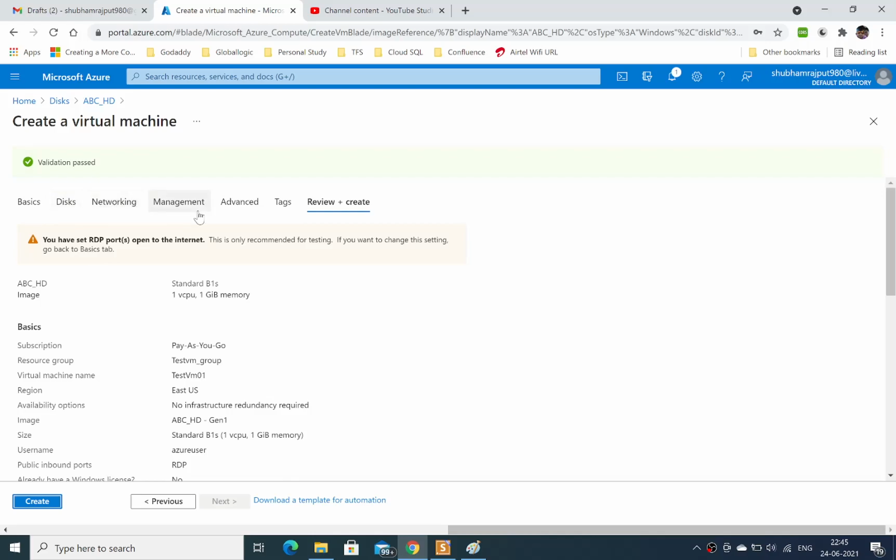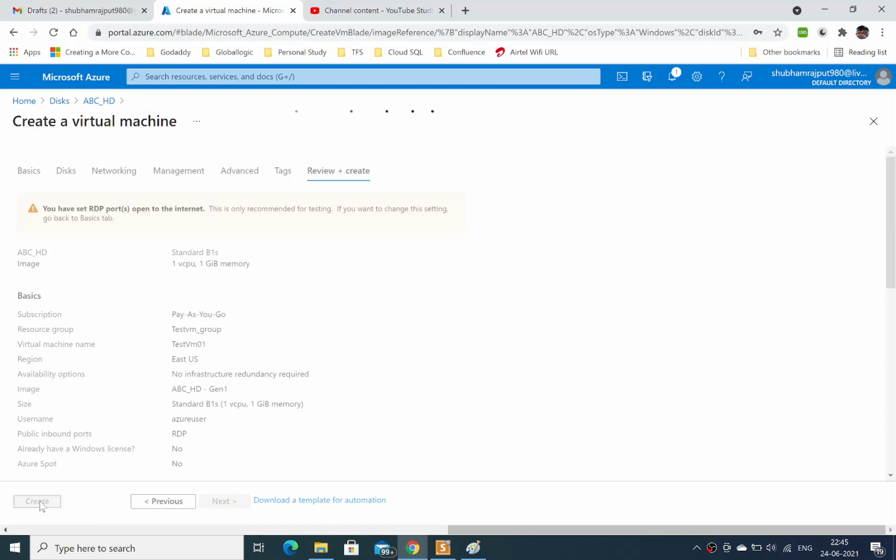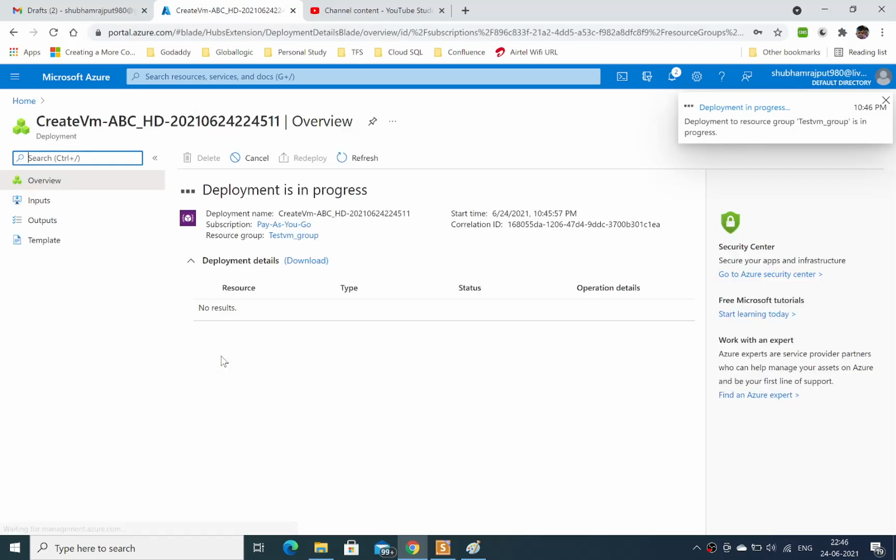All the rest of the options are similar; you can check my previous videos where we created the virtual machine. As soon as I click on create, it will create a virtual machine, and this virtual machine will have all the applications installed, everything which was on that particular hard drive. It will take some time.